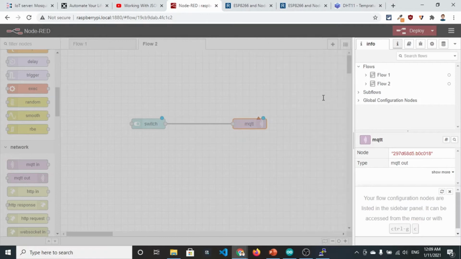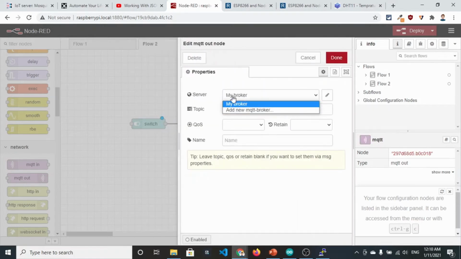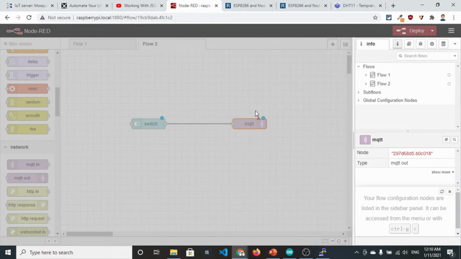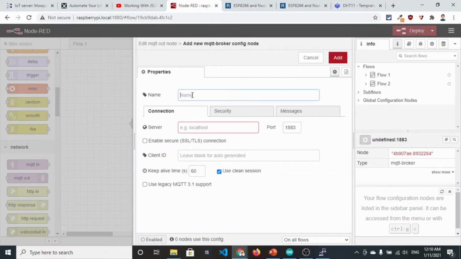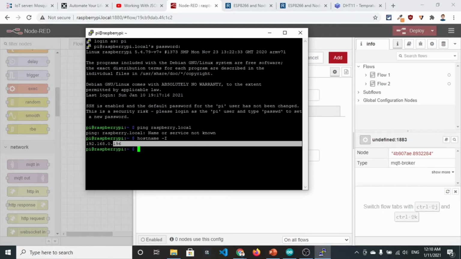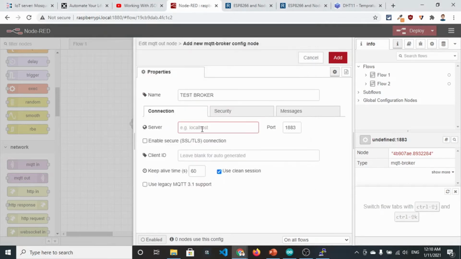You have to connect with your broker. Like in my case, you don't have my broker, but you need to add one in your case. So let's make it test broker, and the server name should be the IP address of your Raspberry Pi. Okay, so in my case the IP address is 192.168.0.196, and the default port is 1883 for MQTT